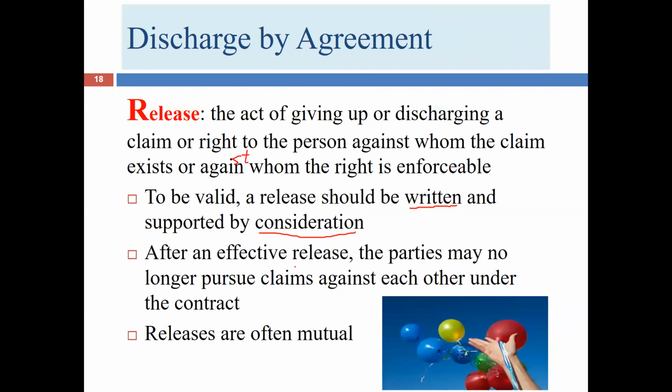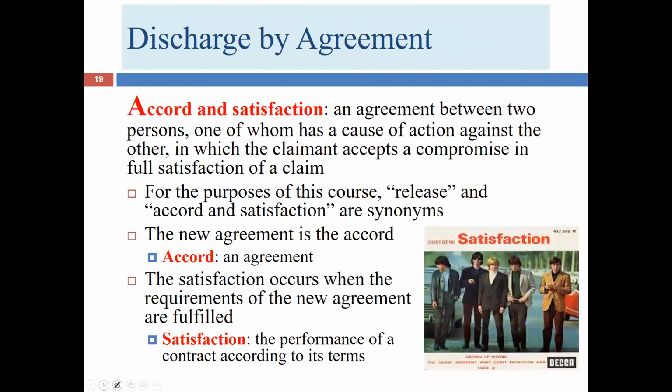So what happens is that the party who is signing the release can no longer sue the other party. It's pretty common in releases to have a mutual release section so that I'm releasing you and you're releasing me, but it's not necessary. It can be a one-sided release. If both parties release the other, then both parties have provided consideration, so there doesn't even have to be a financial payment under those circumstances. So I said before, releases are often mutual, and that's kind of implied here when we say the parties no longer pursue claims against each other under the contract. That's how a release works.